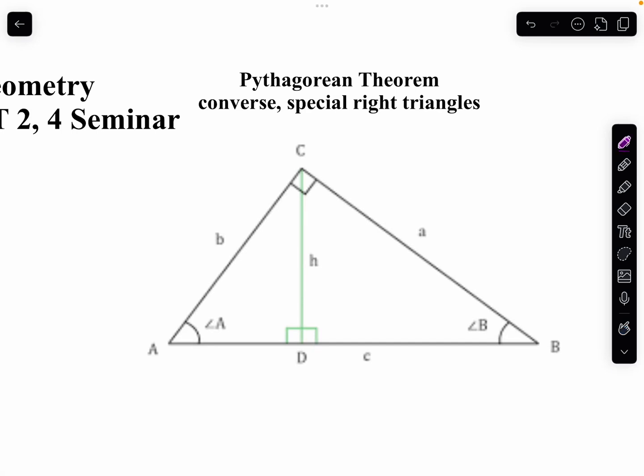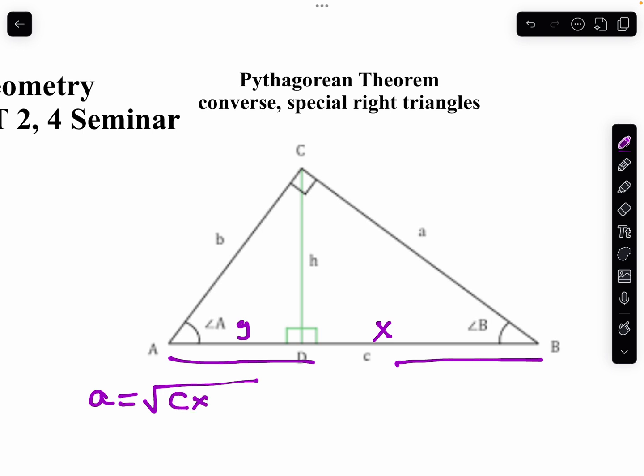Triangle, let's apply what we learned yesterday about geometric mean. First off, let's call B to D, I'm going to call that X. And I'm going to call D to A Y. And then C is going to be my whole hypotenuse. So what we learned yesterday, A is the geometric mean between the entire length of my hypotenuse, which is C